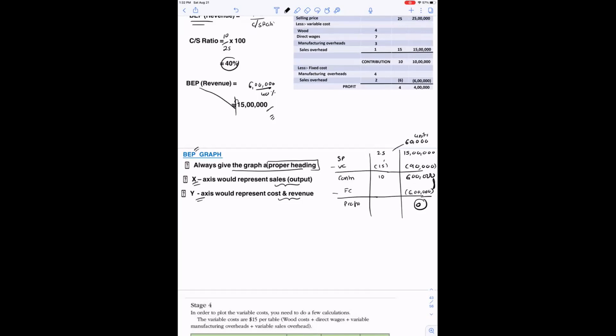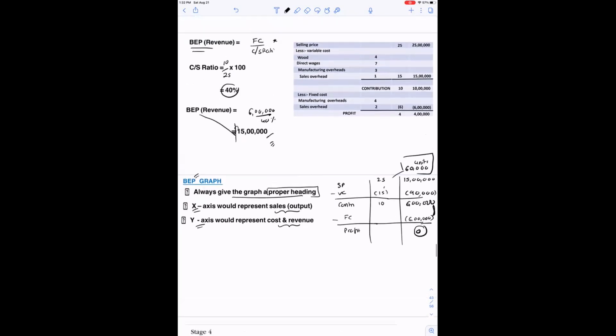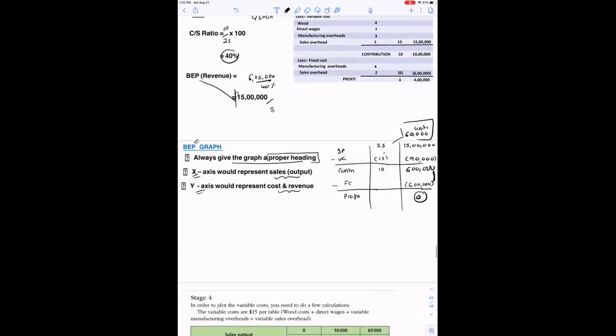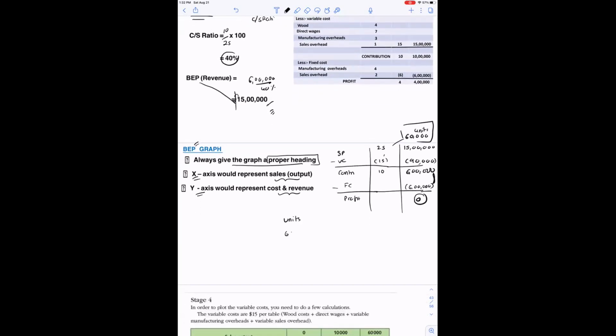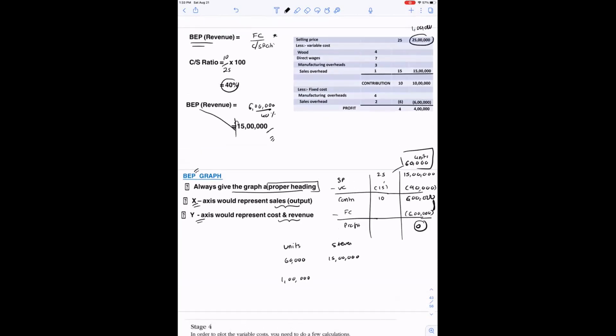But now you have to express it in a break-even chart. And you also have to give a chart for margin of safety. I have only figures of 60,000 units and I have only figure of 1 lakh units. That means if my units are 60,000, my sales revenue would be 15 lakh. If my units are 1 lakh, my sales revenue is 25 lakhs.